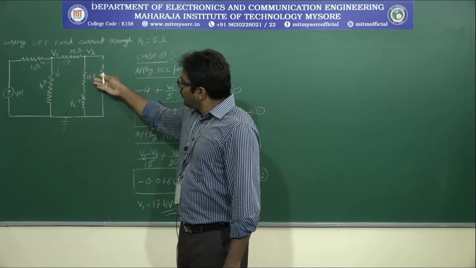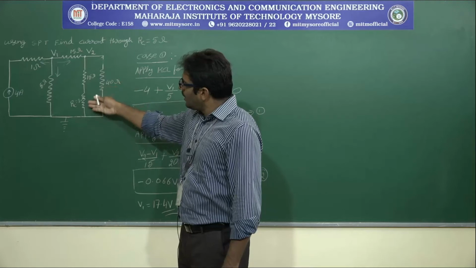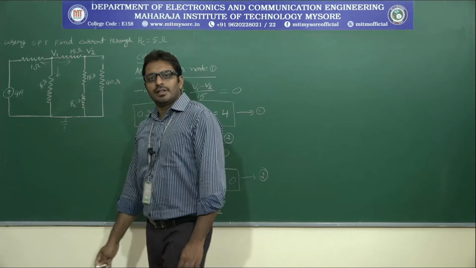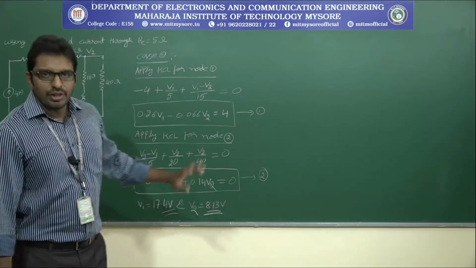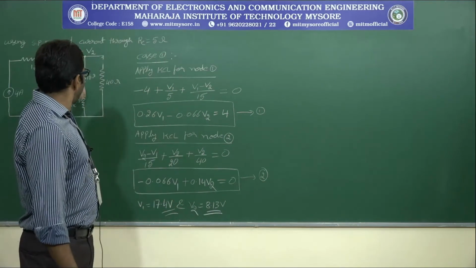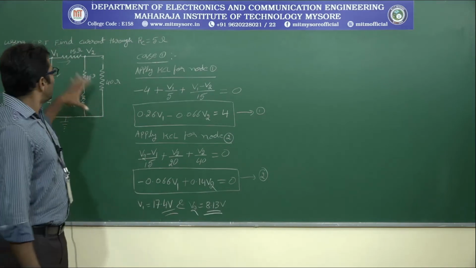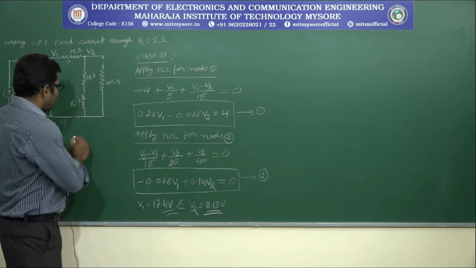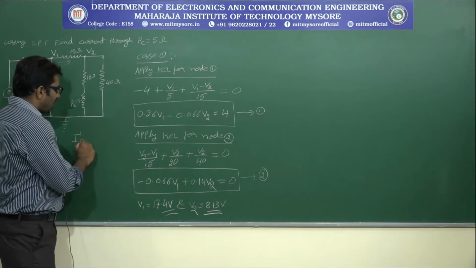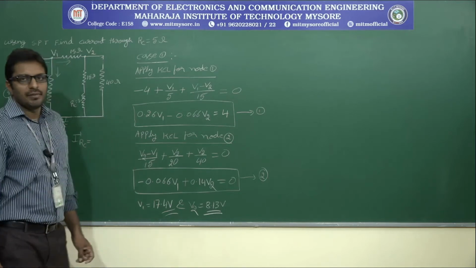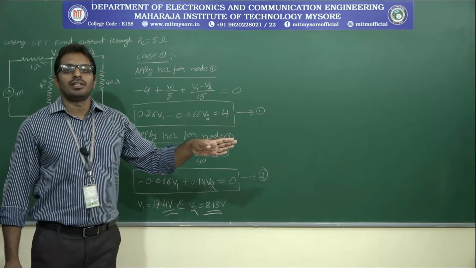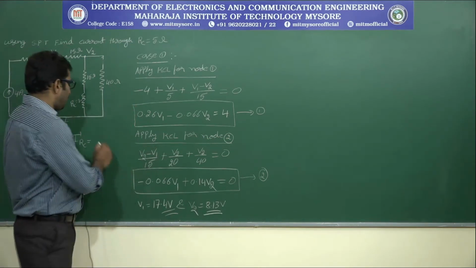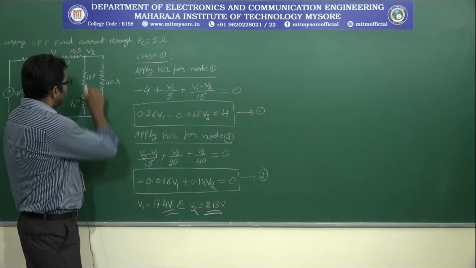The current flowing through the 15 ohm resistor and the current flowing through RC are both the same, because these 2 are connected in series. Therefore, the same current flows through both resistances. So, how to find the current in this branch? Yes, the potential difference across this branch divided by the resistance value. Let me call it I dash of RC. I dash indicates the current flowing through RC in the first case. Is it clear?